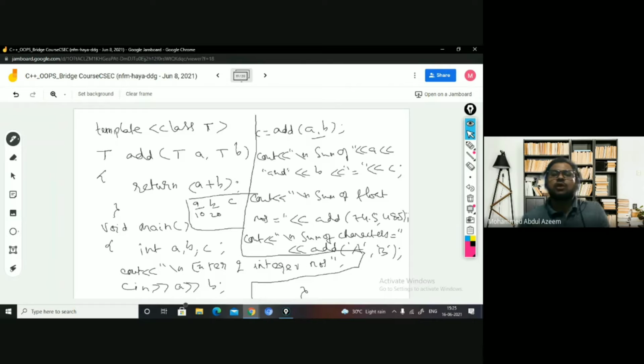It means when I am calling this add function by passing A comma B, a version of integer kind is going to be generated from this generic. It means replacing T with integer, a function is going to be generated. Got it? Int comma int.